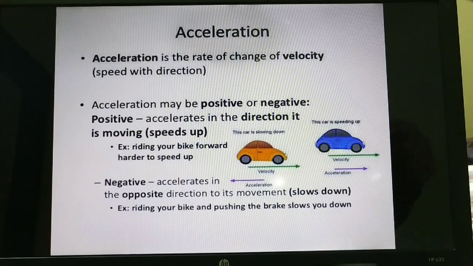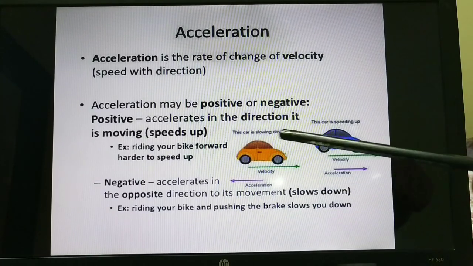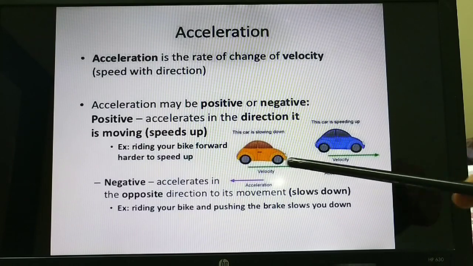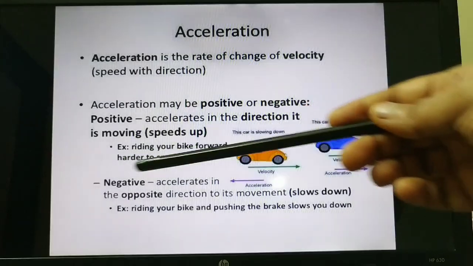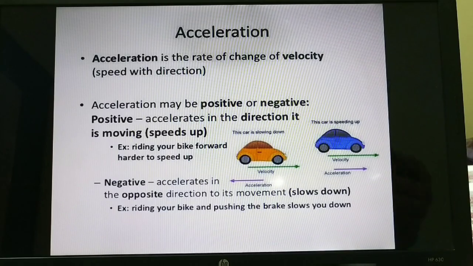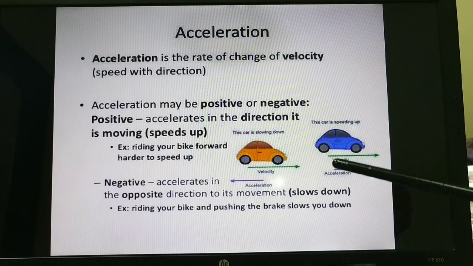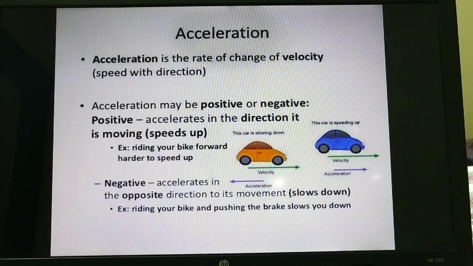So there are types of acceleration. First let's understand what acceleration actually means. The car is slowing down. So what happens? Its velocity is towards this part, but while slowing down, the acceleration goes towards its initial part. When the car is speeding up, the car was at rest or slow, and then it has to speed up. So acceleration is towards the direction of the motion.